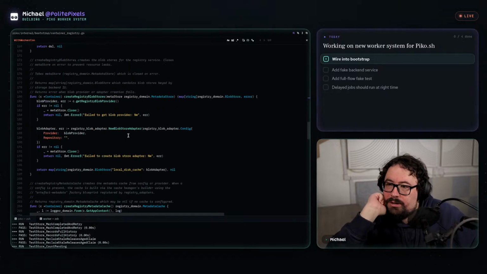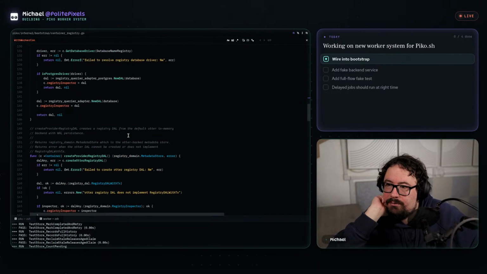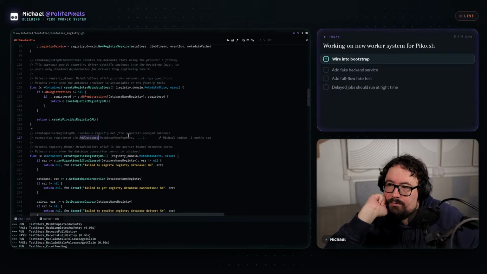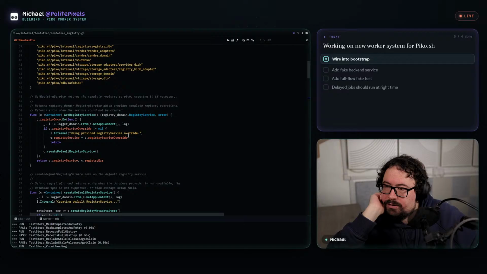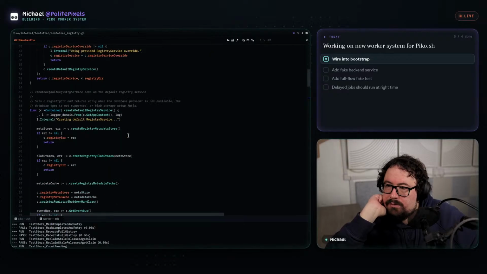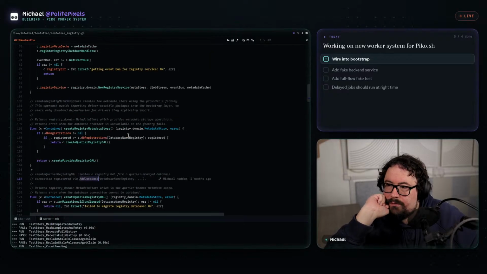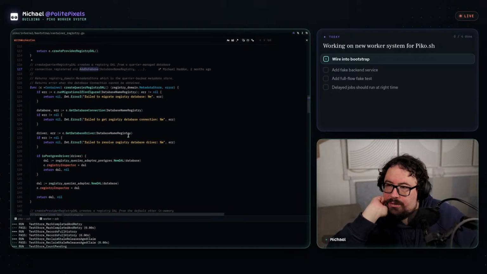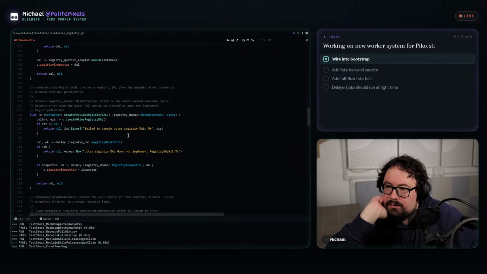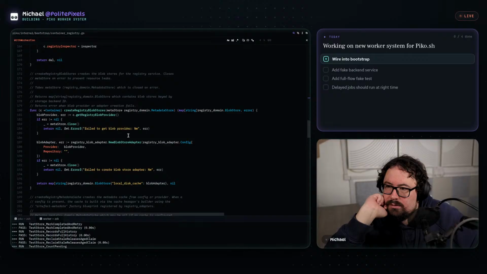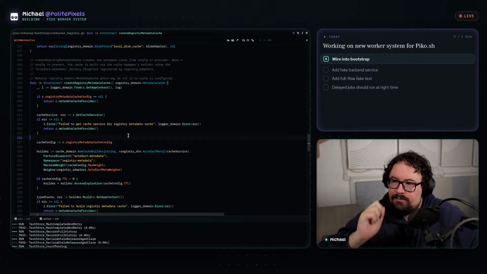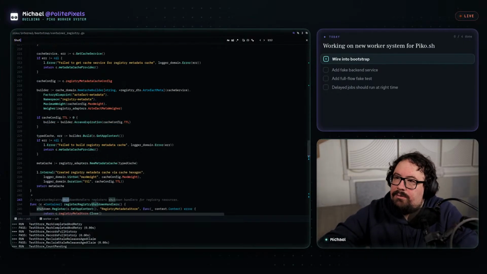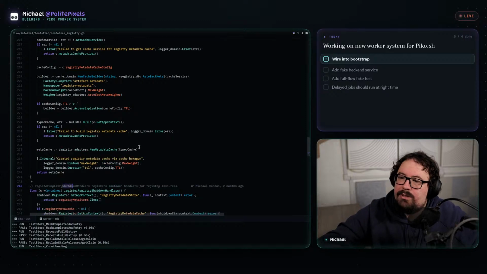We also need to register it for shutdown, which is confusing me, because how does the registry get registered for register shutdown handlers?